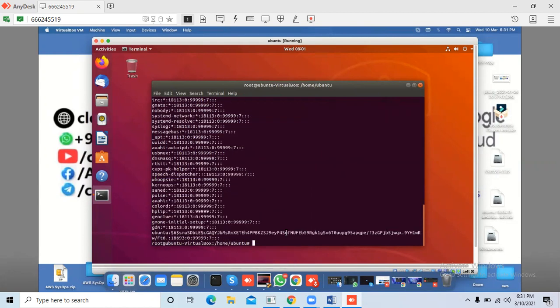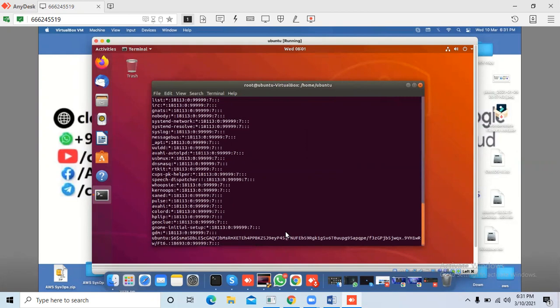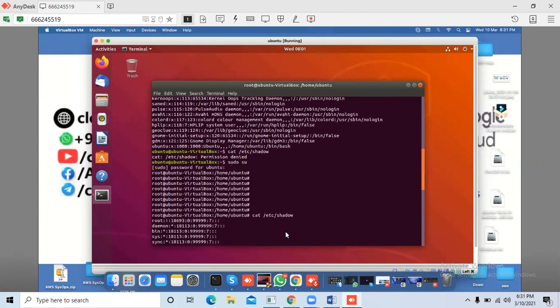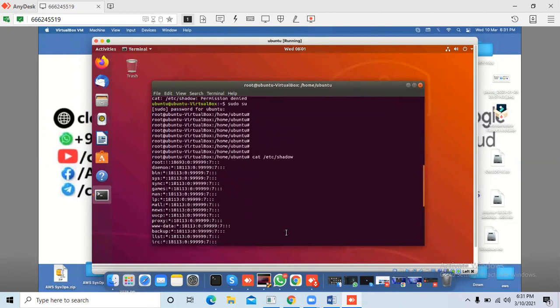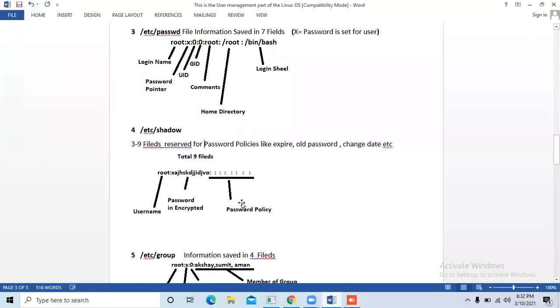So this is the shadow file. First field is for the user. And this field is for the password in encrypted form.